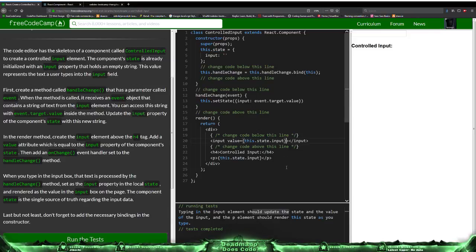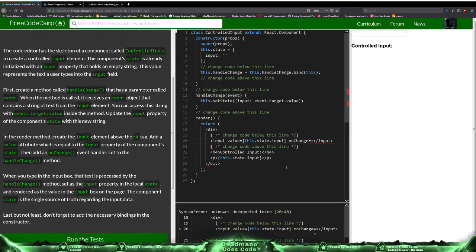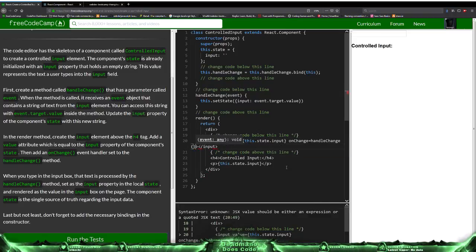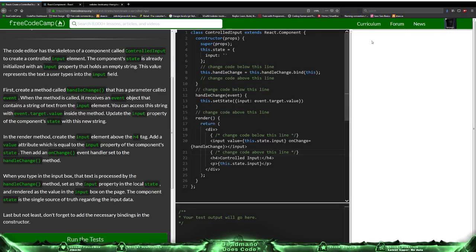Oh, we forgot the onChange, didn't we? On change. Wait, it's not on change. Yeah, it is camel case. onChange equal to handleChange, I guess. And then we need JSX. Oh, no. It's not like that, I'm pretty sure. Yeah, it's not. Should be onChange equal to